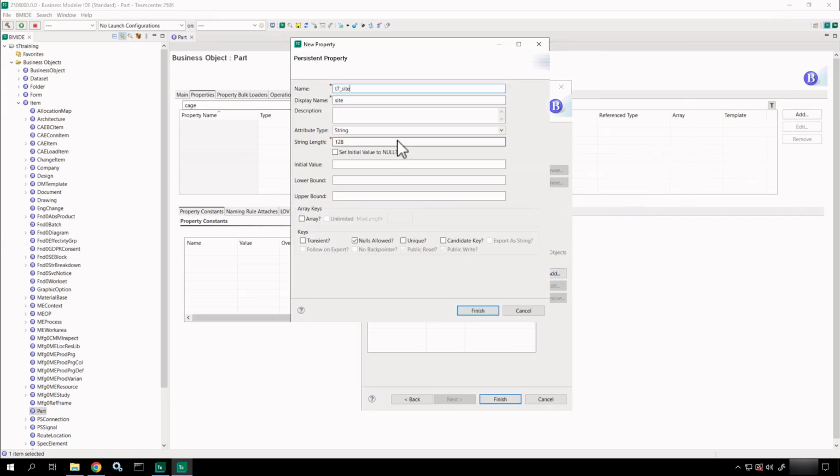So site manufactured. Maybe I build this part, and I have a requirement to have the site that it's manufactured as one of the properties. That property doesn't exist today. So I am going to come in here. It likes to lowercase the display name on me, so I'm going to uppercase that,